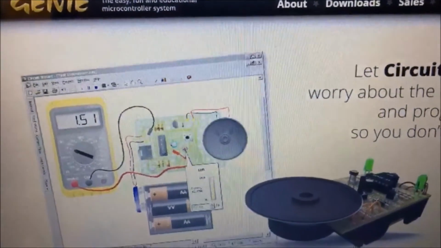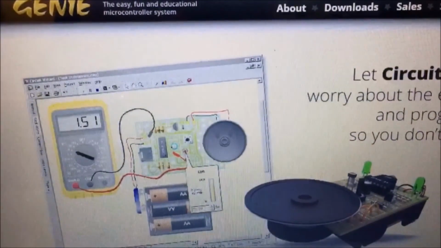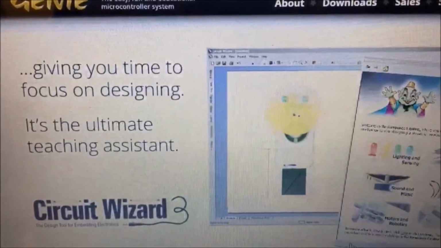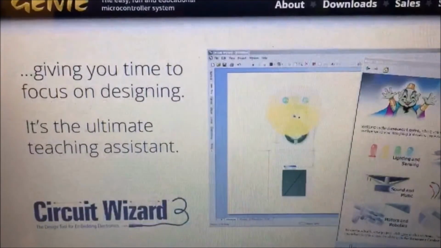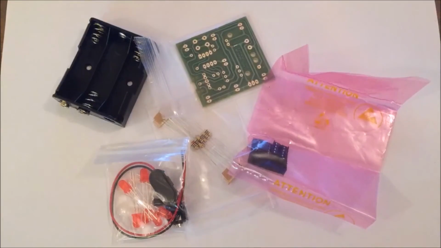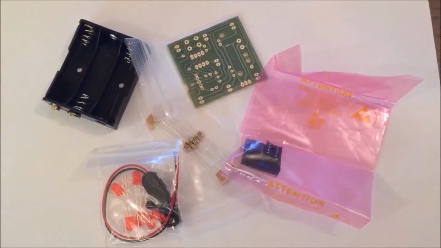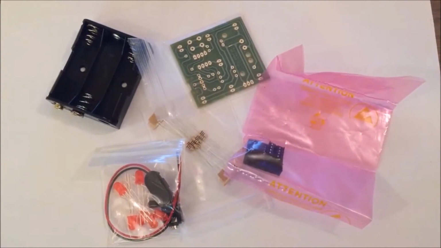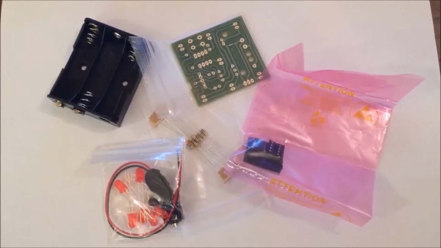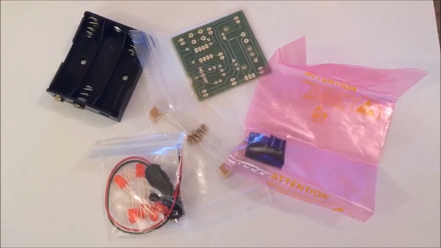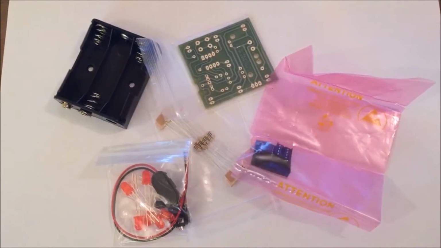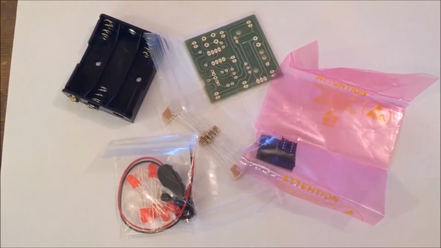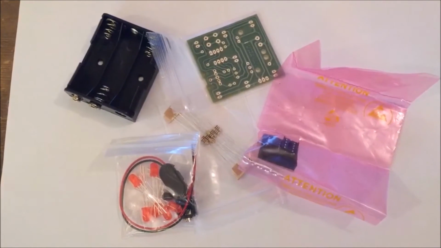Hello. In this short video, I'd like to introduce you to the Genie Board and associated software, which I believe is a great educational tool for teaching students the art of computer programming. The board itself comes as a set of components which need to be soldered together. The amount of soldering required is not great and could be carried out as part of a design technology project. The board consists of the battery pack, the PCB, some resistors, LEDs and the microcontroller itself,